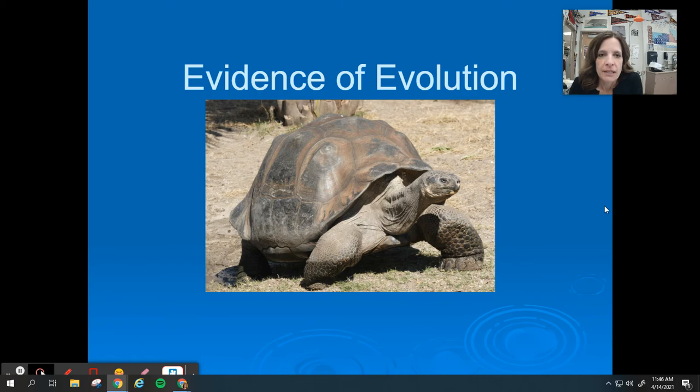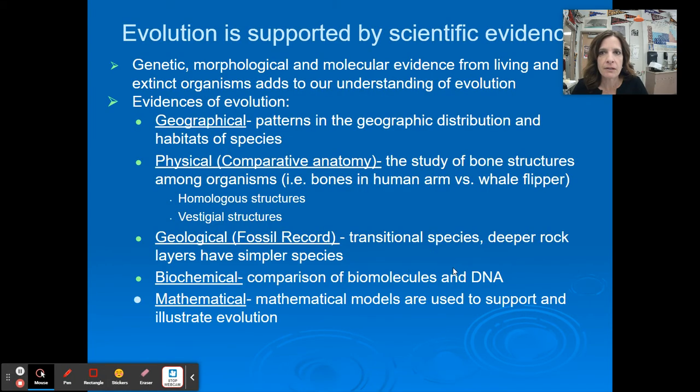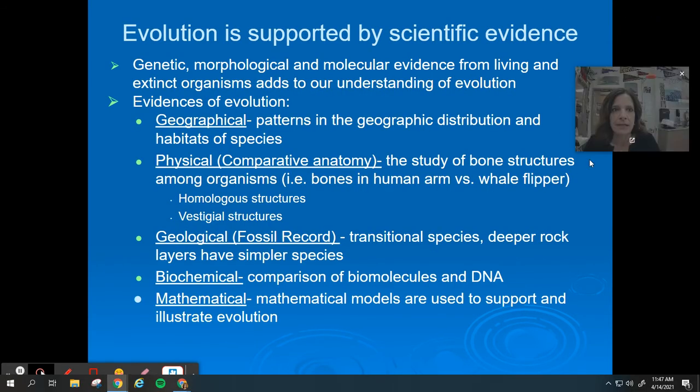Hey everybody, so today we are going to learn about evidence of evolution. So this is a picture of a tortoise on the Galapagos Islands that Darwin studied to look at this. So there is evidence that supports evolution. There is genetic, morphological, and molecular evidence from living and extinct organisms, and that adds to our understanding